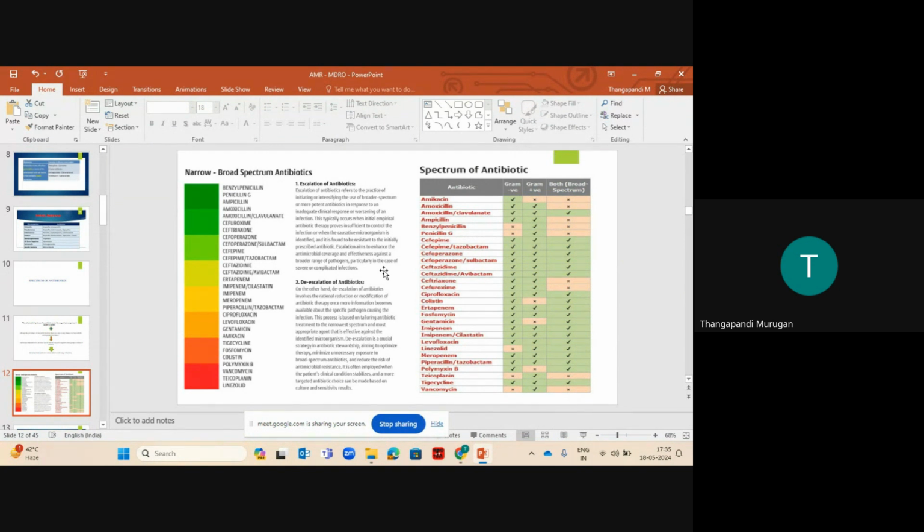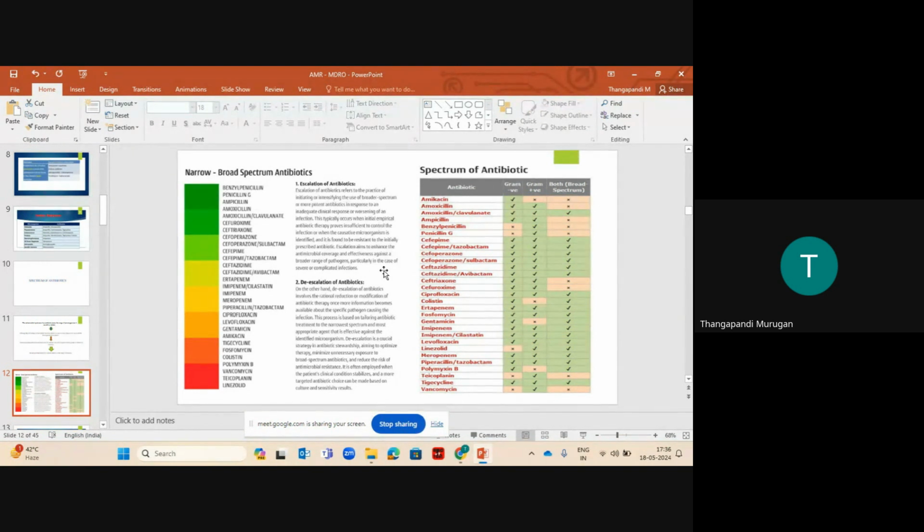Maybe you can speak about de-escalation to another antibiotic after 1 or 2 days. If the culture report suggests the same antibiotic is sensitive, even though the patient has not improved, or the patient's condition is decreasing and the prognosis is not improving, we need to switch the antibiotic. That time they will definitely switch it, but by seeing the MIC value, you can suggest the better action, which antibiotic they can switch to.